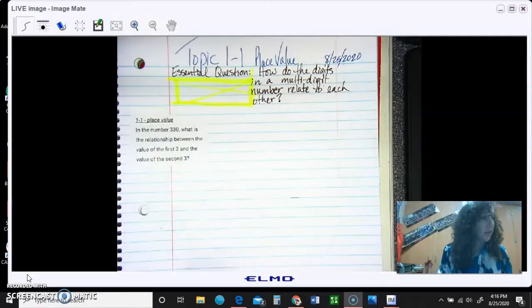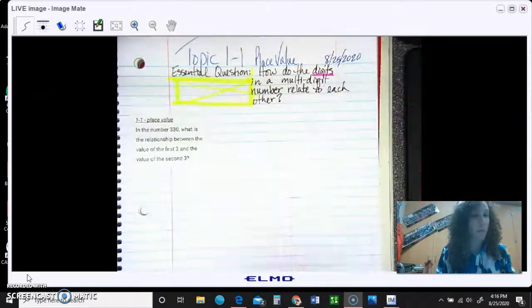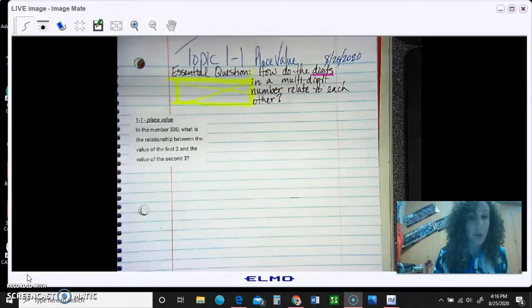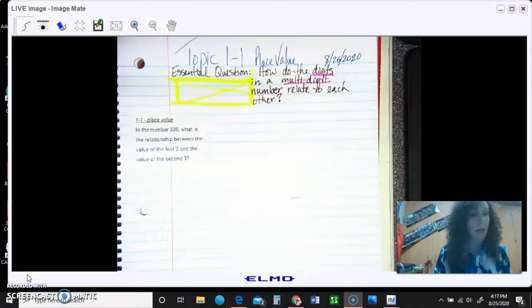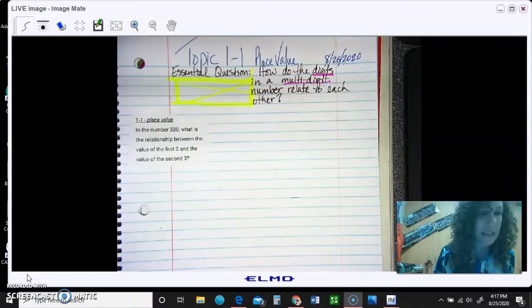Okay, so let's take a look back at the essential question. We want to talk about it so we realize the different things that we're trying to understand here. So we have digits. Well, we did our vocab, right? You should know what a digit is. We then have a multi-digit. Lots of digits. Remember, a digit is a number. So a multi-digit means there's lots of digits, lots of numbers put together. So what we're looking at is how they relate to each other, how their value